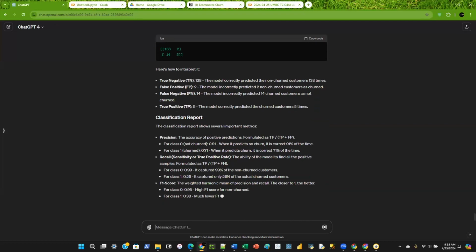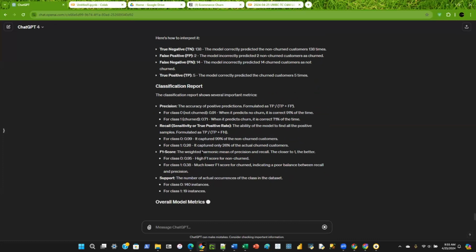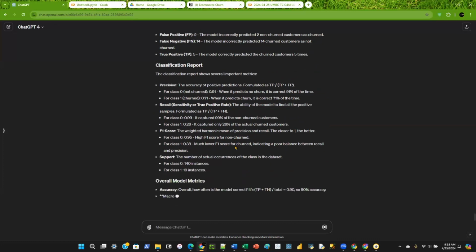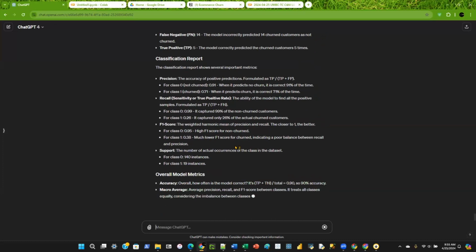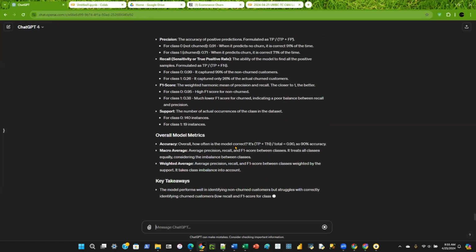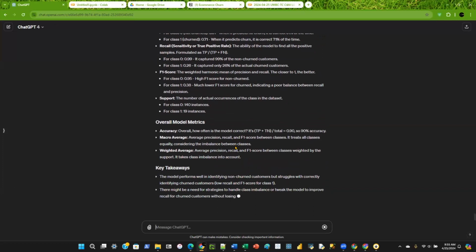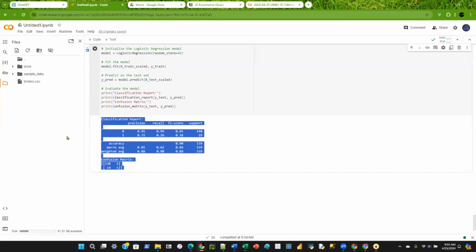So hopefully you're getting a sense of the power of the interaction between ChatGPT and Google Colab, and how to use ChatGPT to correct mistakes, how to use ChatGPT to validate its work, how to use ChatGPT to understand the output of the code that it's giving you. So there's a lot of benefit in this cross connection between ChatGPT and Google Colab.